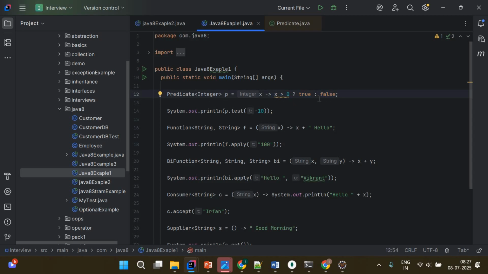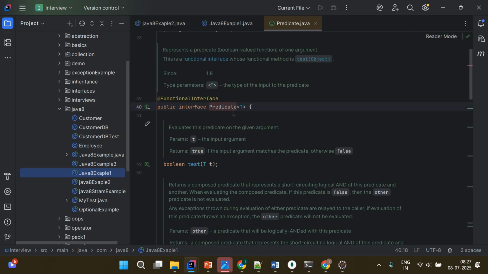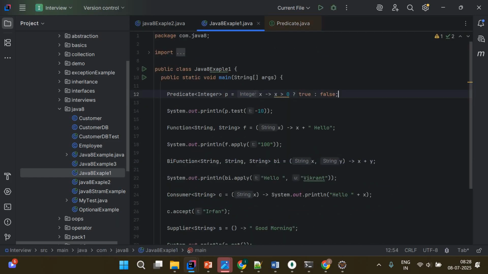So it is a lambda expression. I have also given that definition: a lambda expression is nothing but an implementation of a functional interface. What does implementation of a functional interface mean? We have the Predicate functional interface here, and Predicate has a test method. The test method is an abstract method, so we have to give an implementation of it. Here we are giving the implementation of the test method, which returns a boolean value,